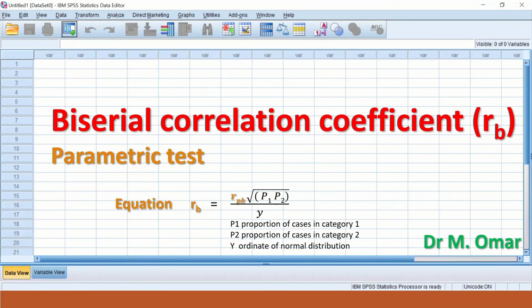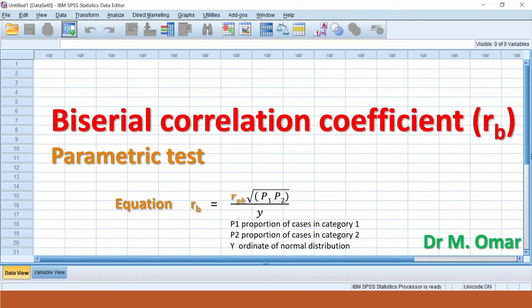Anything below 60 is a fail, and fail can be marginal fail. So this is a dichotomous variable with underlying continuity, and if we want to compare and find the relationship between